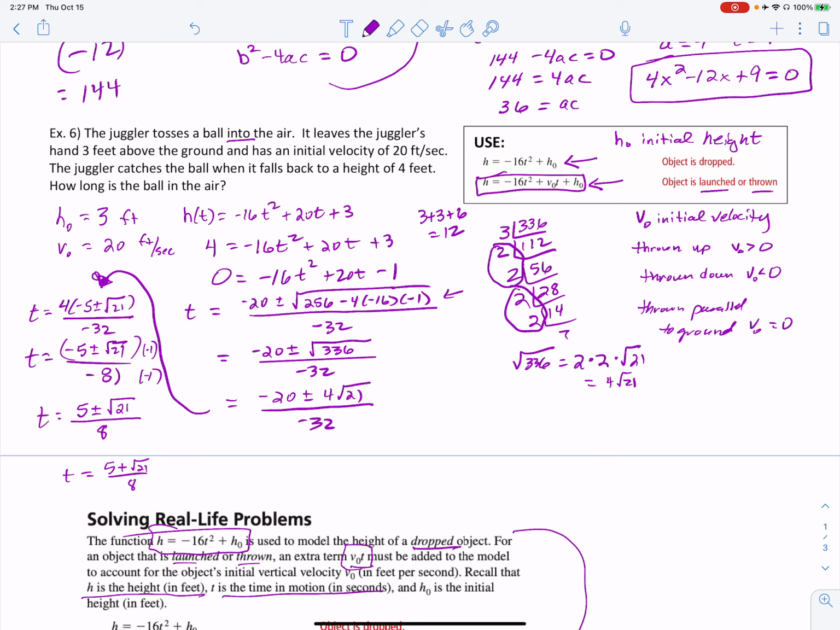And make sure you add the 5 and the root 21 before you divide by 8. You should practice it. And to 2 decimal places, you get 1.20 seconds for that. And if you do t equals 5 minus the square root of 21 all over 8, and evaluate that,